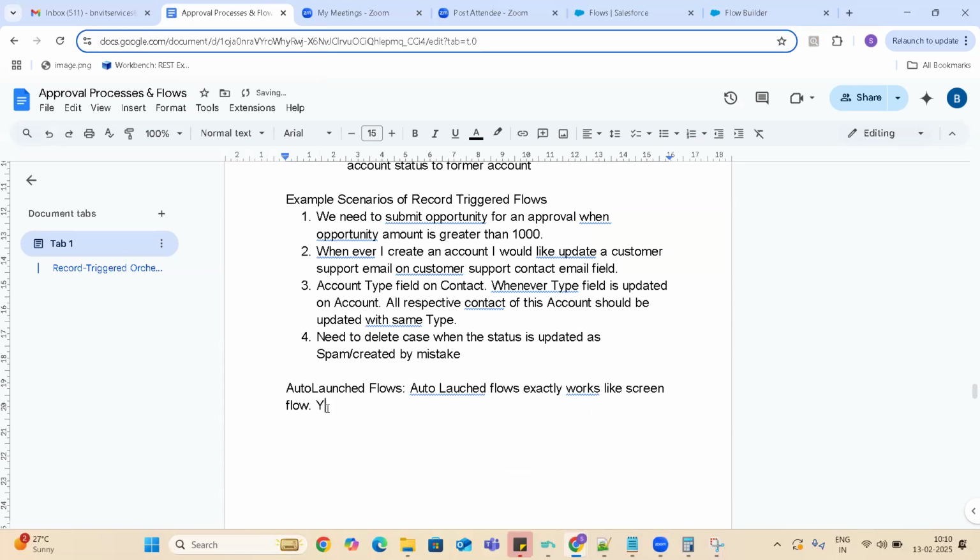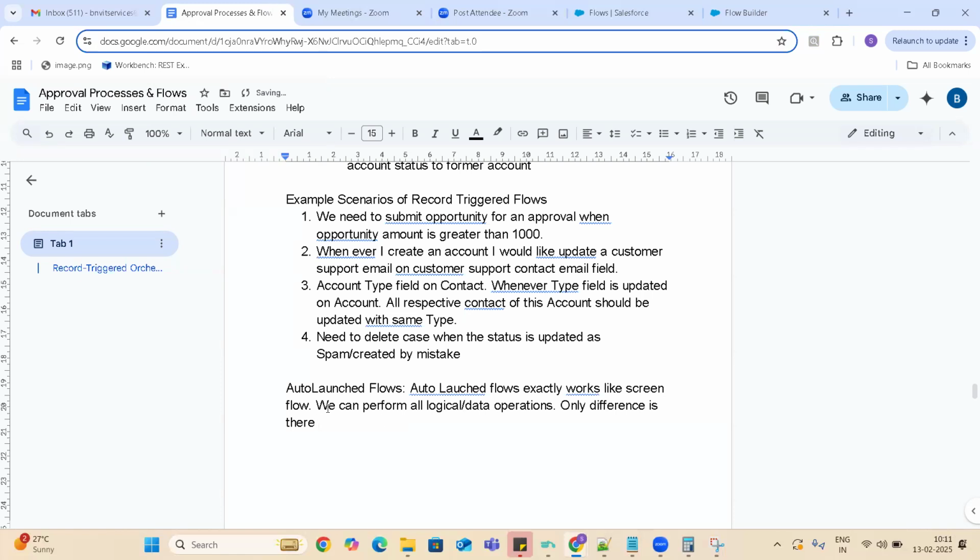We can perform all logical operations and data operations. The only difference is there will not be any screens.